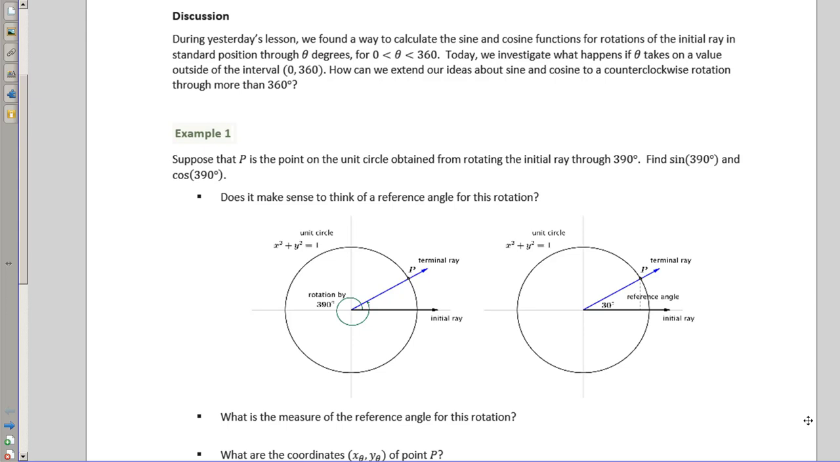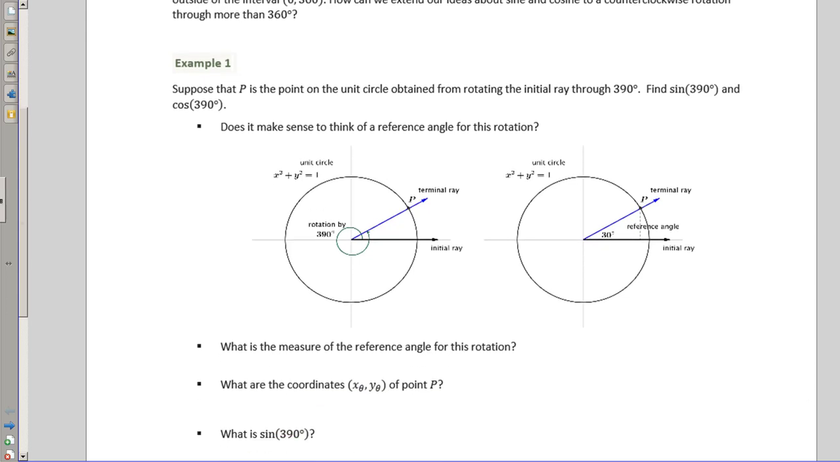Today we're going to continue our discussion about sine and cosine and the values of sine and cosine in various quadrants. We've already talked so far about angles of theta between 0 and 360. Today we're going to talk about angles that are coterminal with values from 0 to 360. So the first example we're going to look at is